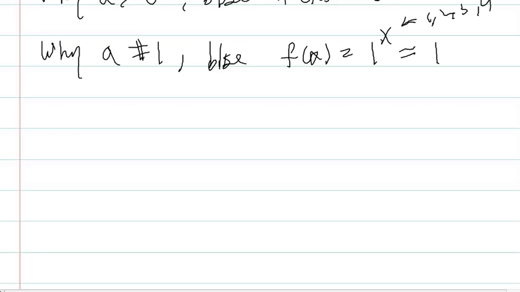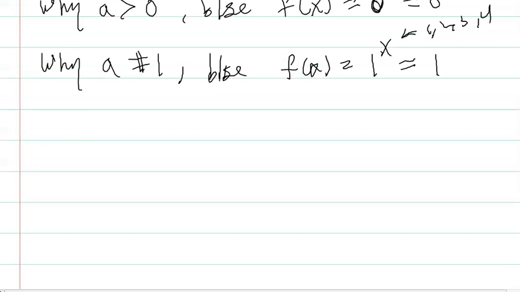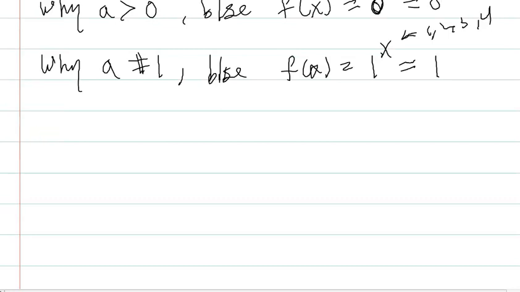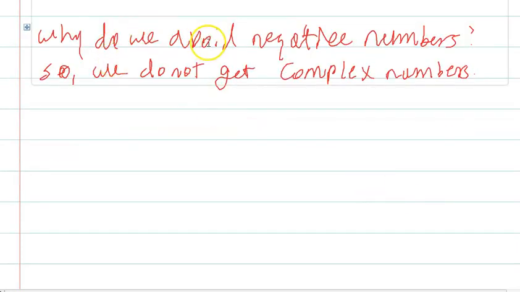Okay, example በፊት a greater than 0 ብለናል ነበር መጀመሪያ ላይ። ስለዚህ a ኔጌቲቭ ቁጥር መሆን አይችልም ማለት ነው። So why don't we use negative numbers? We avoid negative numbers so we don't get complex numbers. Complex number ካገኘን exponential function አይሰራ ማለት ነው።